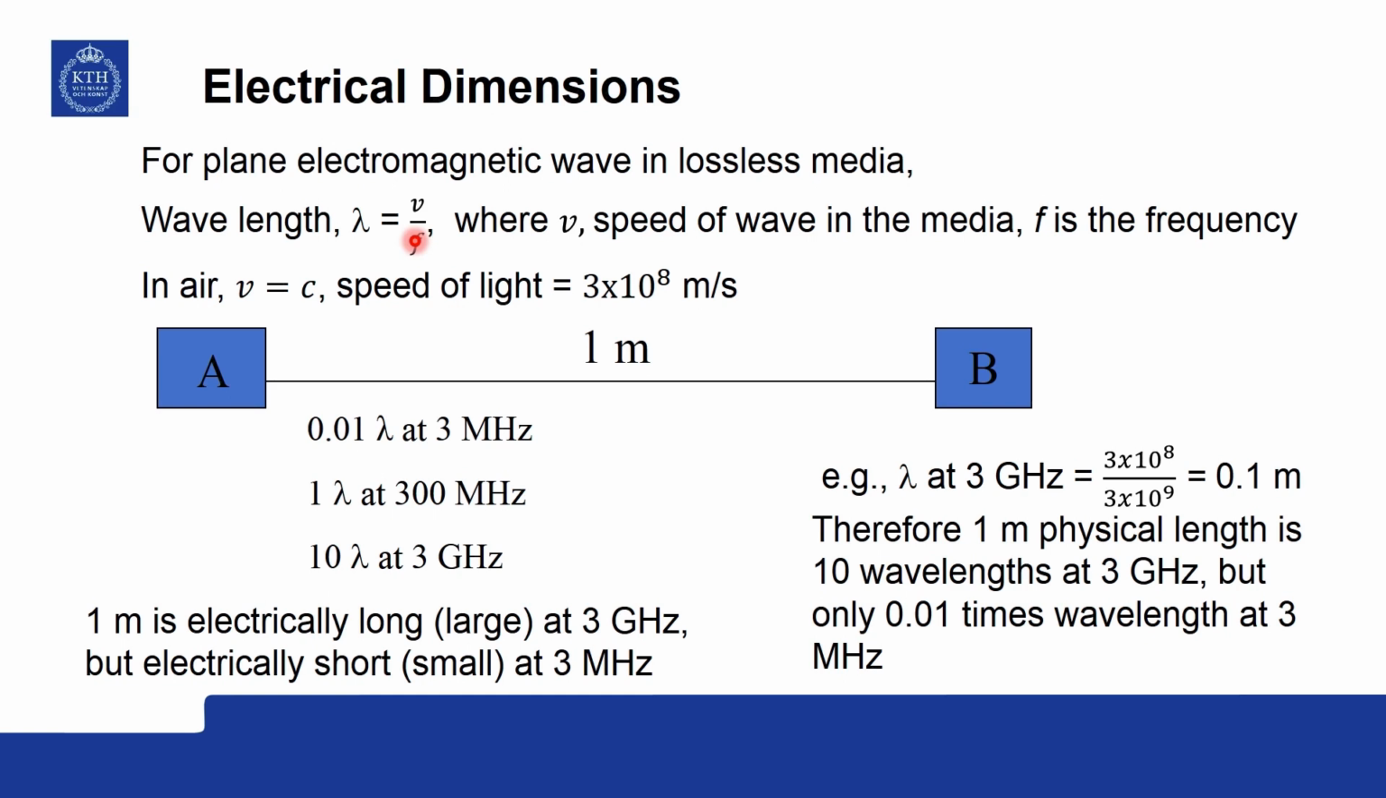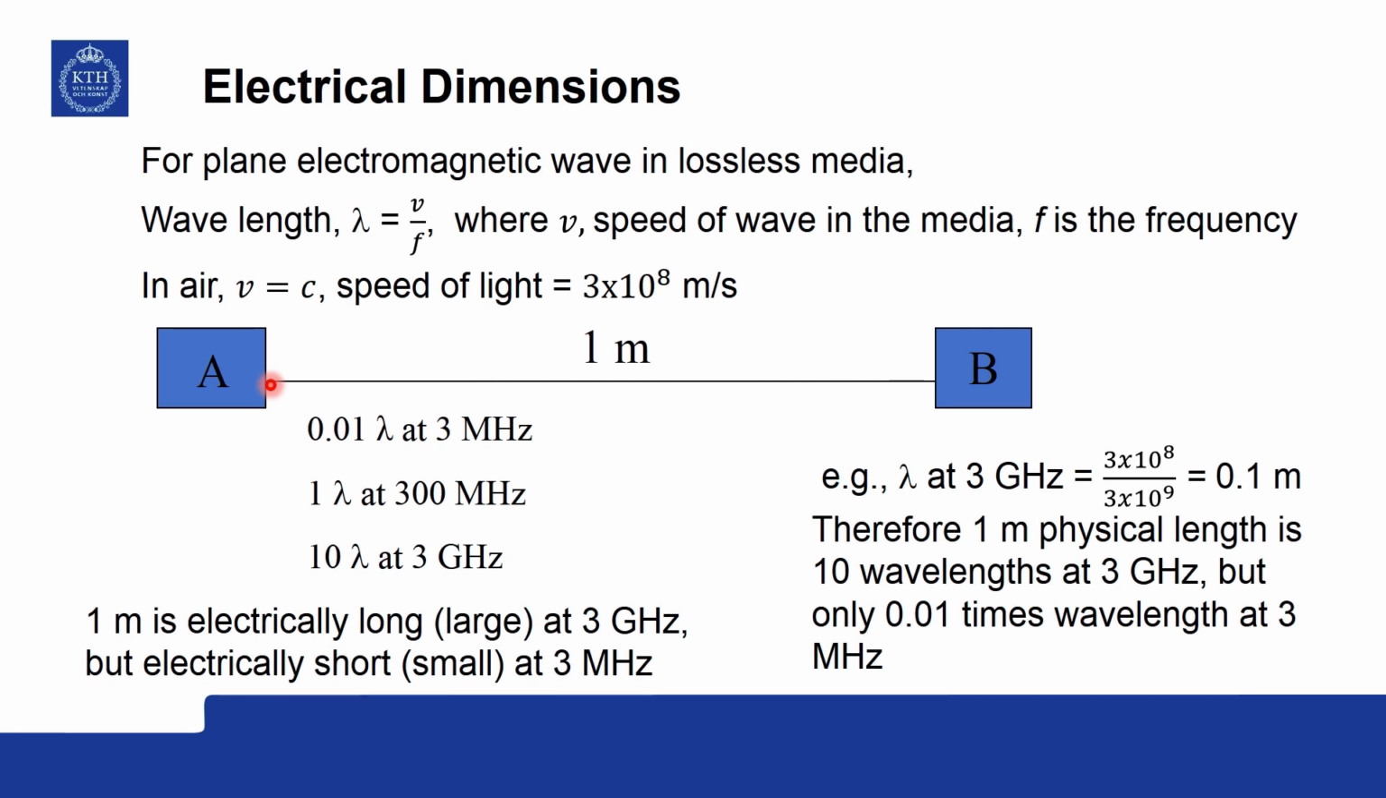Now, let us see what it means by 1 meter distance between system A and system B. Let us say there is a cable in between system A and B. So, we say that this cable is 1 meter. What does it mean? If you have a signal from here to here, and that signal's center frequency is 3 megahertz, it means it is 0.01 wavelength only,